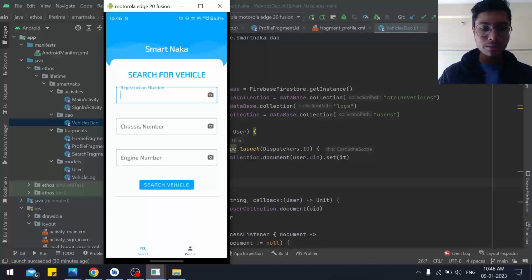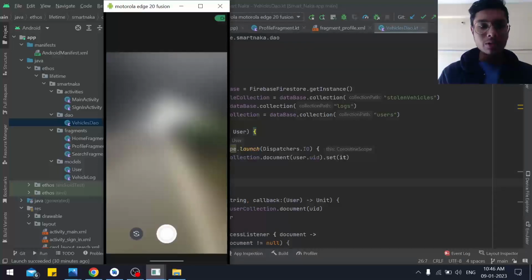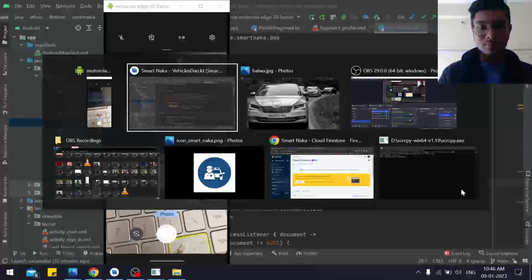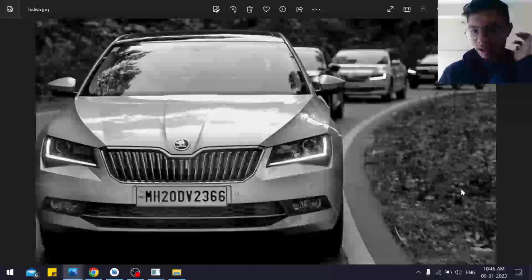What our app can do is, instead of writing the registration number manually, we could just click on this camera icon, which will open up the camera. I'll just show you this. Which will open up the camera, and now I'll just open up a vehicle image. And now let's say I scan this vehicle. So I'll just click a photo of this vehicle,